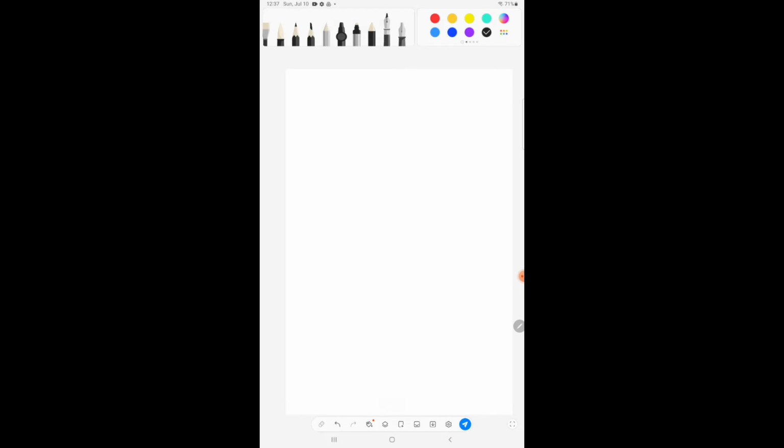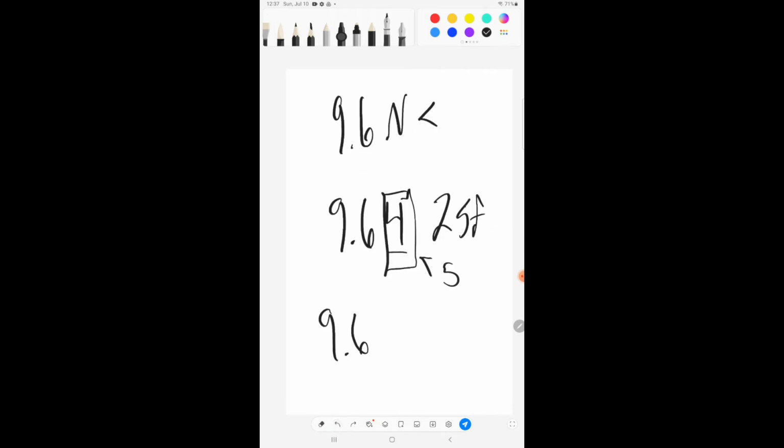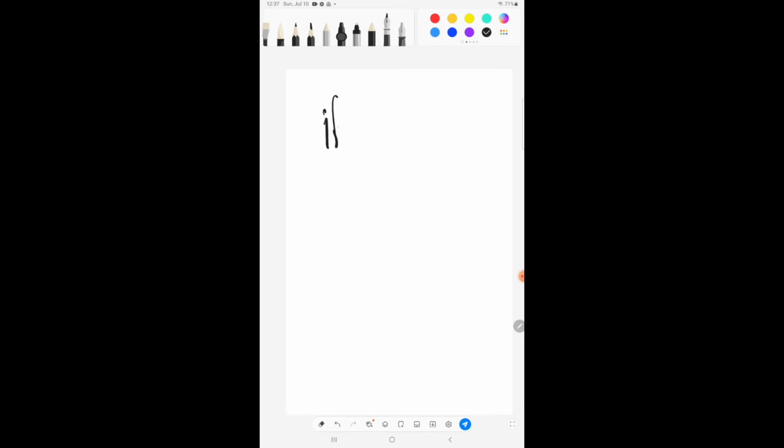Now it gets a little convoluted from here when we have the adjacent digit equal to 5. Okay, so let's say we have 9.6 and n is equal to 5, and therefore we have 9.65, right? And we want two significant figures, so we just want these two. So what do we do? Well, when the adjacent digit is equal to 5,